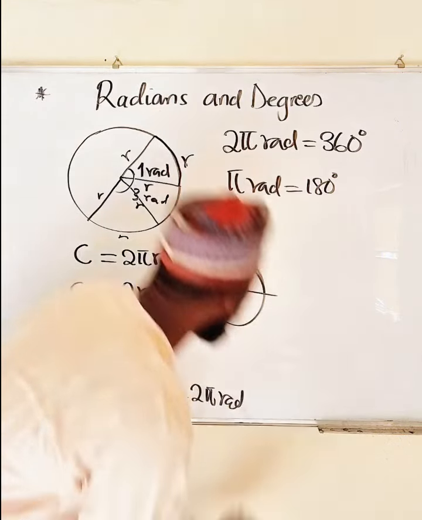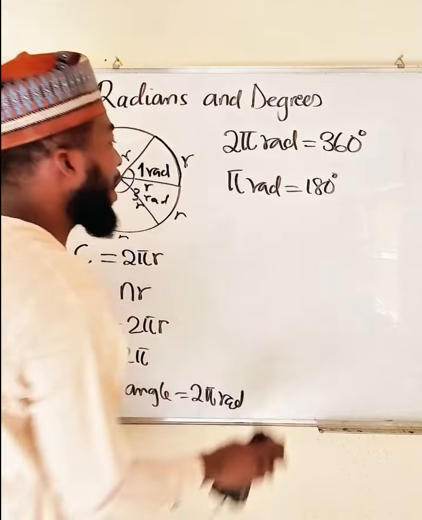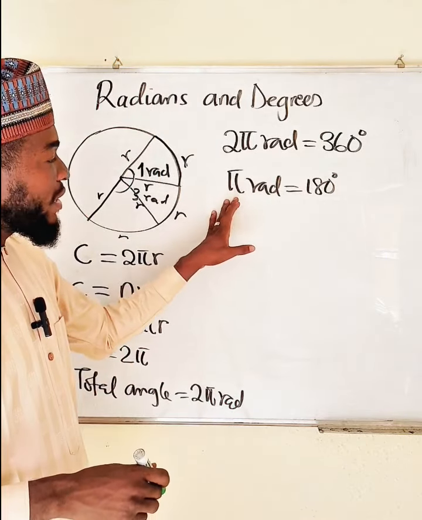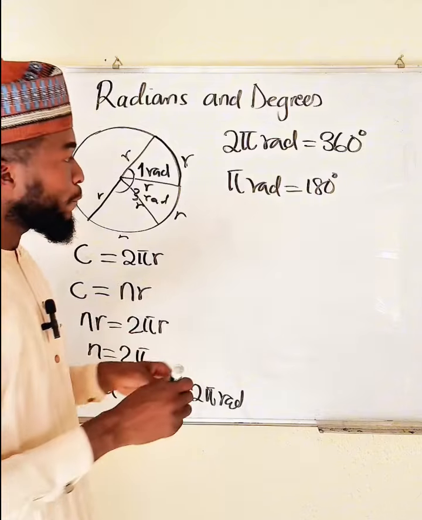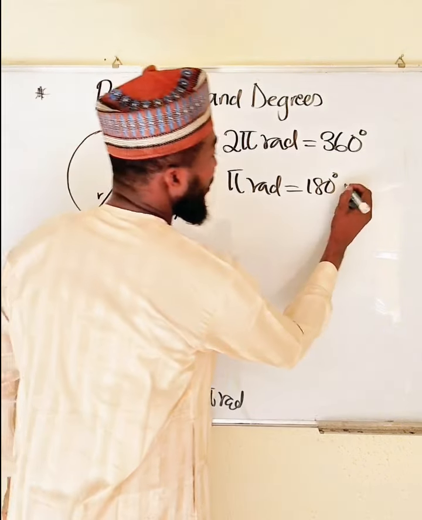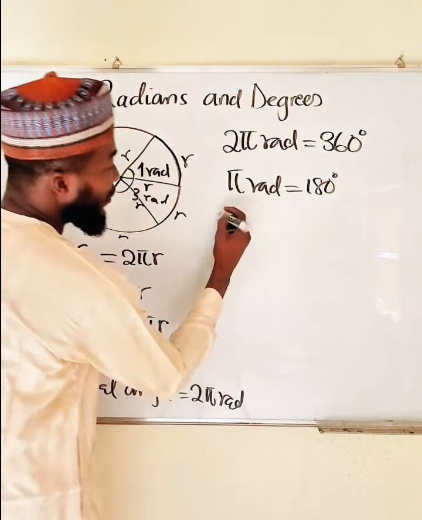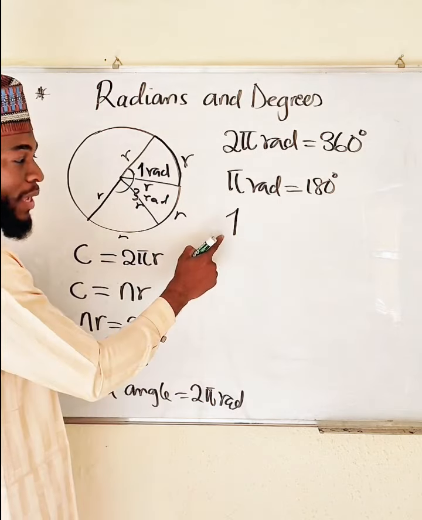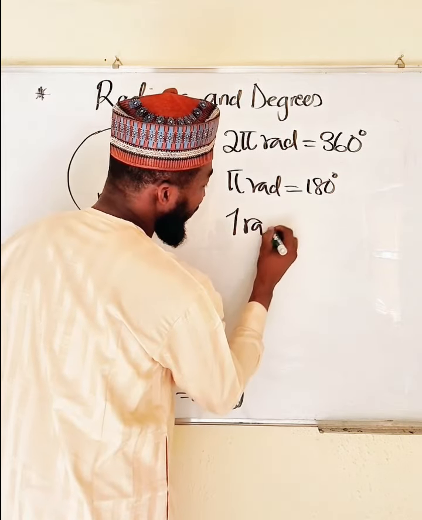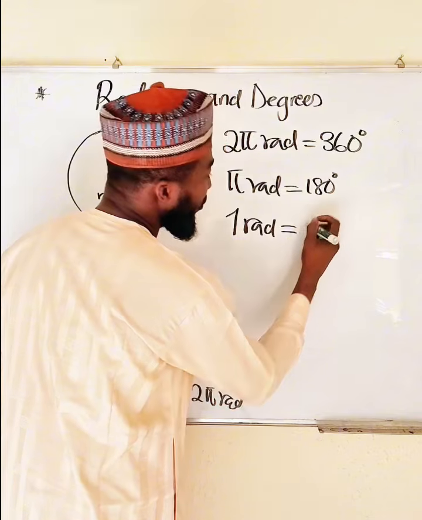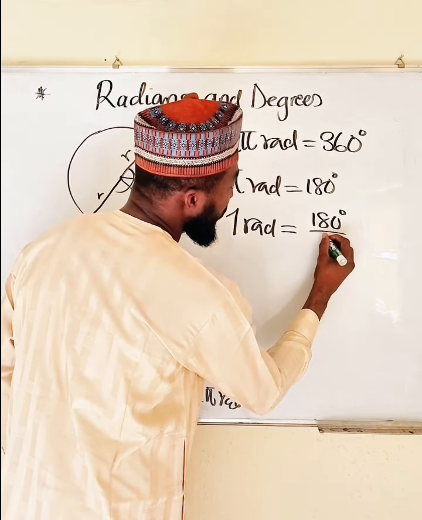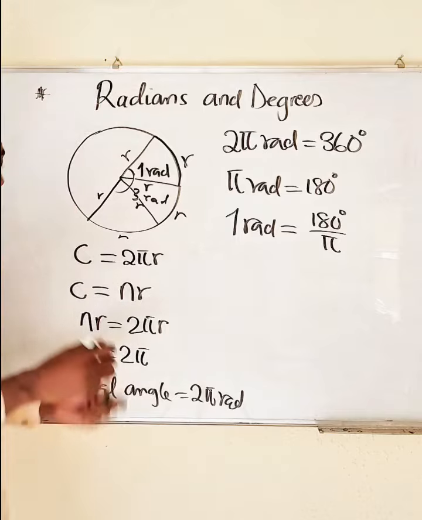So let us write that formula connecting radian and degrees. From here, we may decide to divide both sides by pi. So this is the most important equation. If you divide both sides by pi, you have 1. Pi divided by pi is 1. So we have 1 radian here, equal to 180 degrees divided by pi, because we divided both sides by pi,